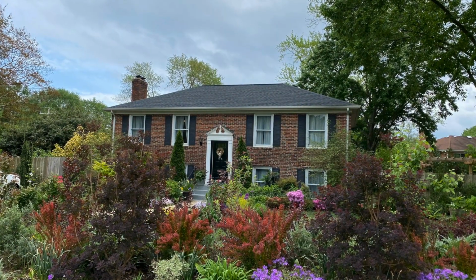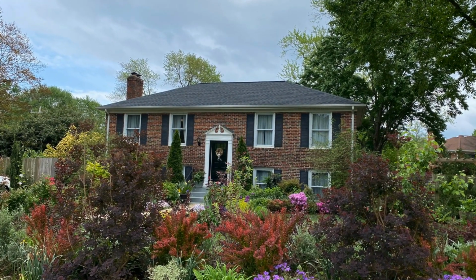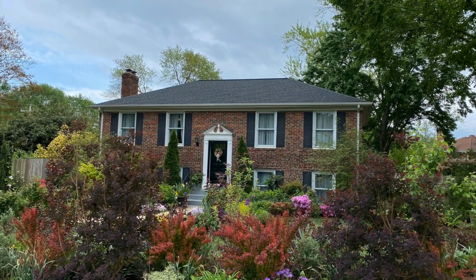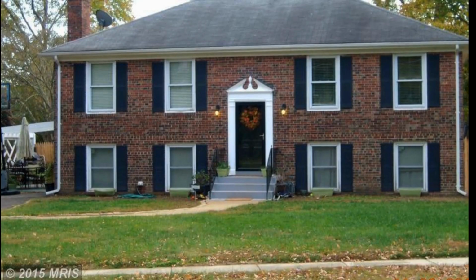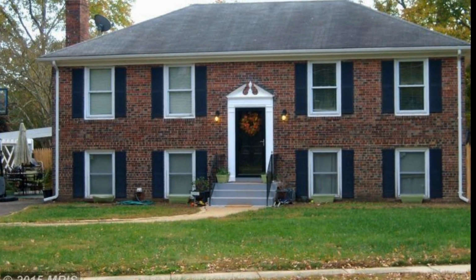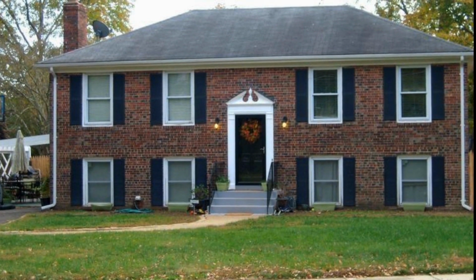Jane Gamble. Welcome to our wildlife garden here in Alexandria, Virginia. For the past 5 years, my husband and I have worked hard to create a sustainable garden that supports wildlife and benefits the environment. When we bought this property, there wasn't a single plant or shrub, just a few old